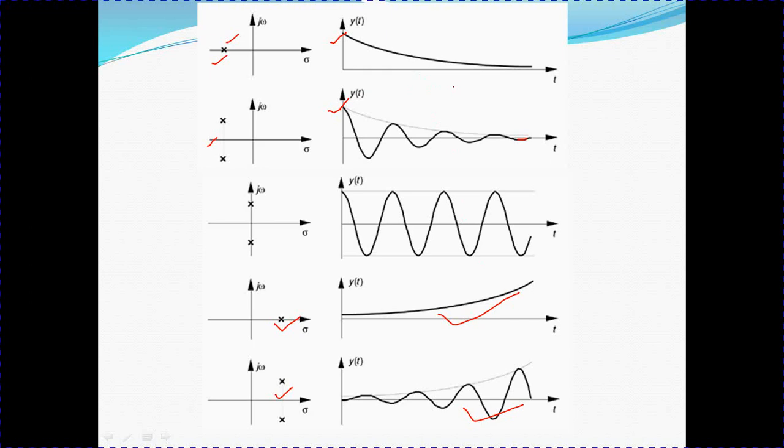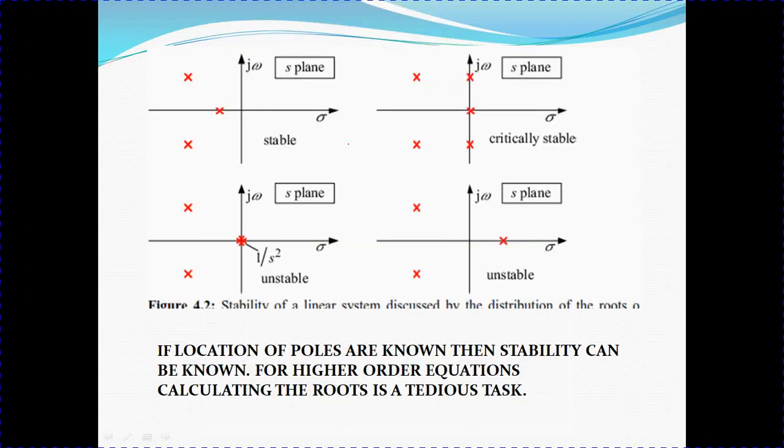So here we discussed the location of poles in the S domain and their output responses. Now here you can see whenever the poles are located on the left side of the j omega axis, then the system is going to be stable. So now you can see in this particular diagram 3 poles are there. This pole is a real pole and these 2 are complex conjugate poles. As they are located on the left side of the S plane, the system is going to be stable.